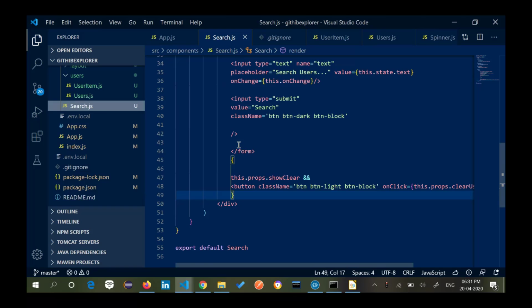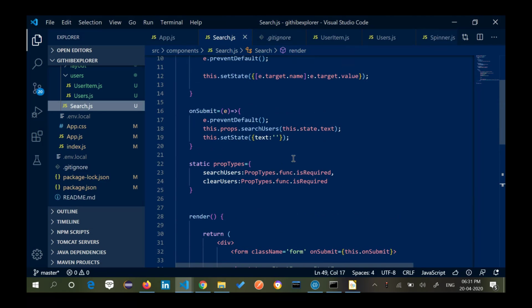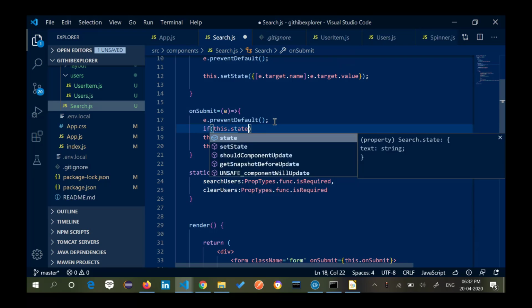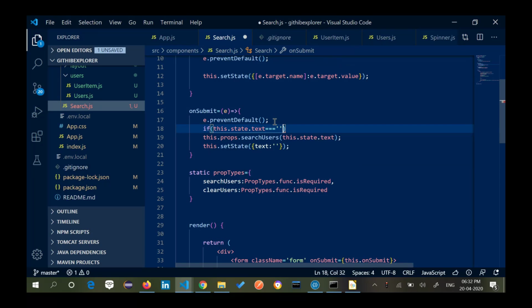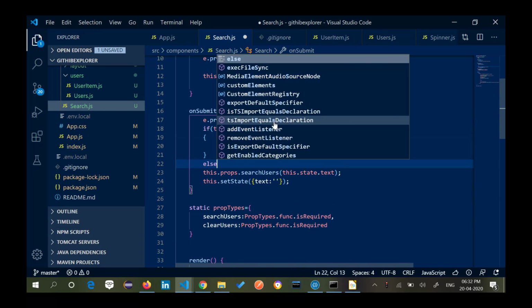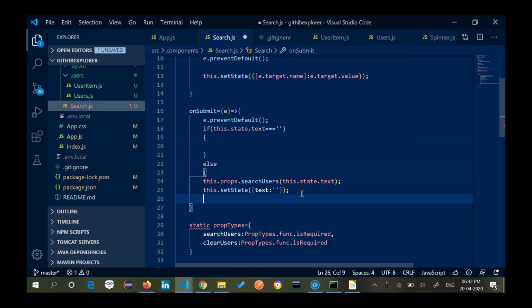In my search.js, in my on submit, I'm going to check something. If this.state.text equals single quotes, that is what will happen when you have not passed some value. Once you press enter, it will proceed normally when you have passed a value.